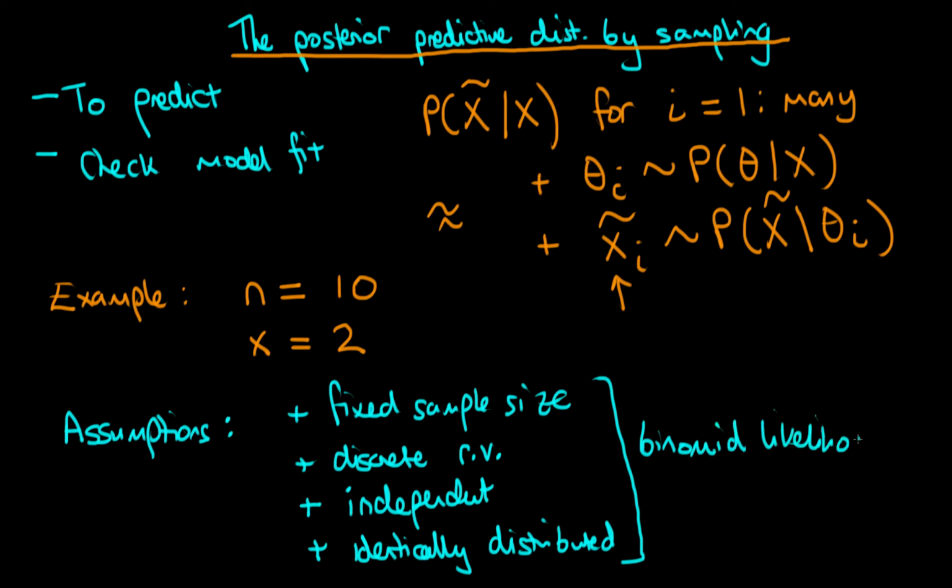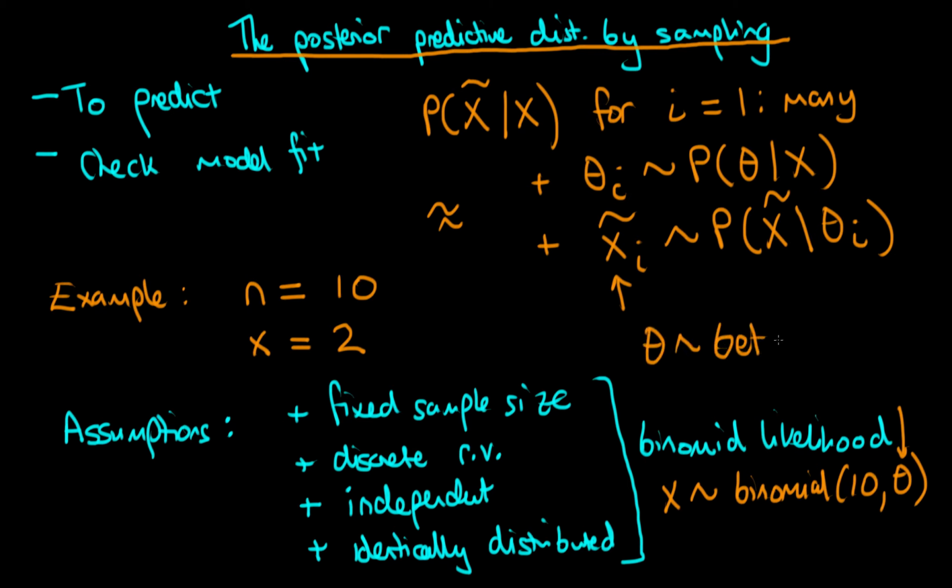So that's what I'm going to use in this example. We're assuming that x here is binomially distributed with a sample size of 10 and a parameter theta, where theta represents the proportion of the population of 6-year-old children who can read. If we then use a beta prior on theta, and here I'm just going to use a uniform prior, so that's a beta 1,1 distribution,